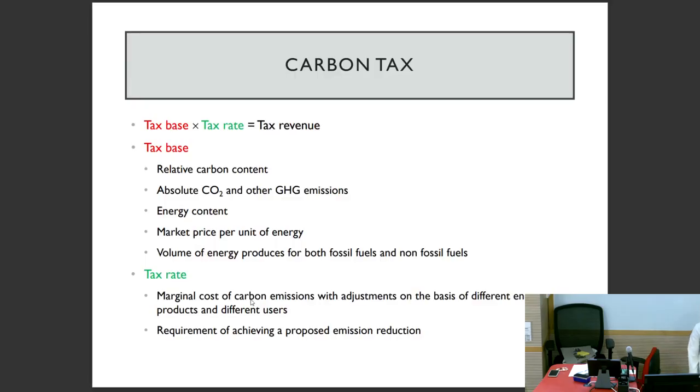So according to the requirement of achieving proposed emissions reduction, according to that abatement curve, the government may refer to that carbon abatement curve, and then according to their target, okay, how much carbon do they need to reduce, and then set the carbon tax rate. Okay. So if the government only needs to reduce a small amount, then the carbon tax could be cheaper, okay,